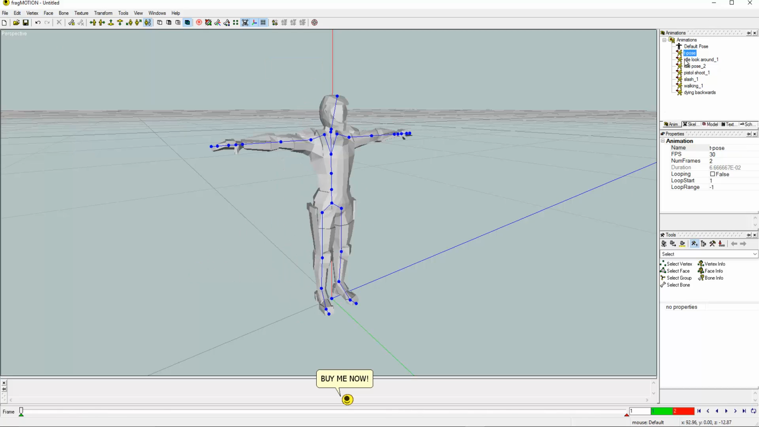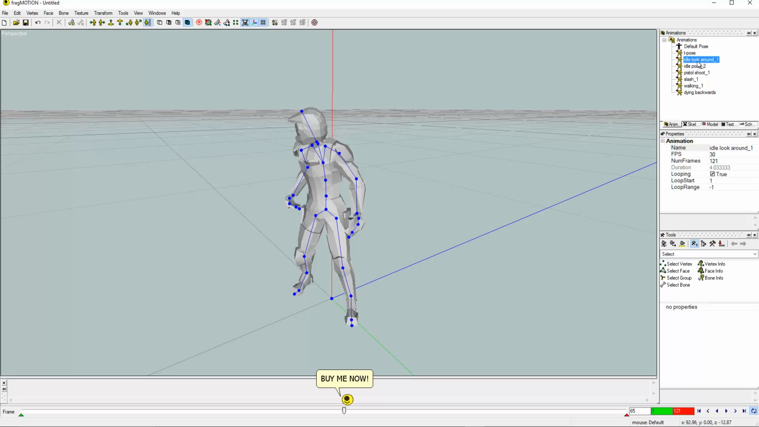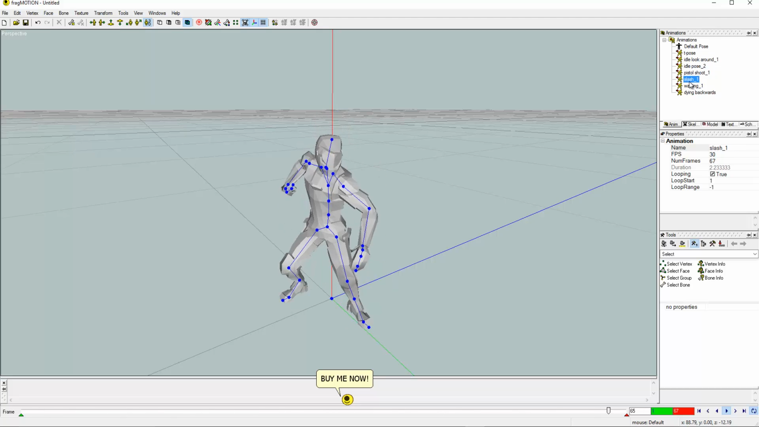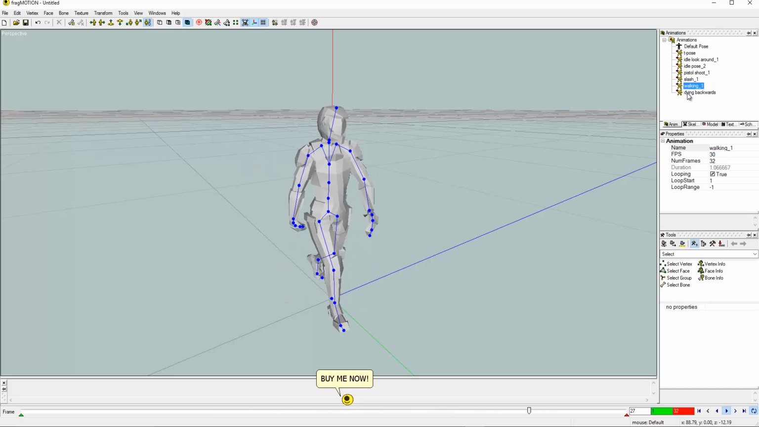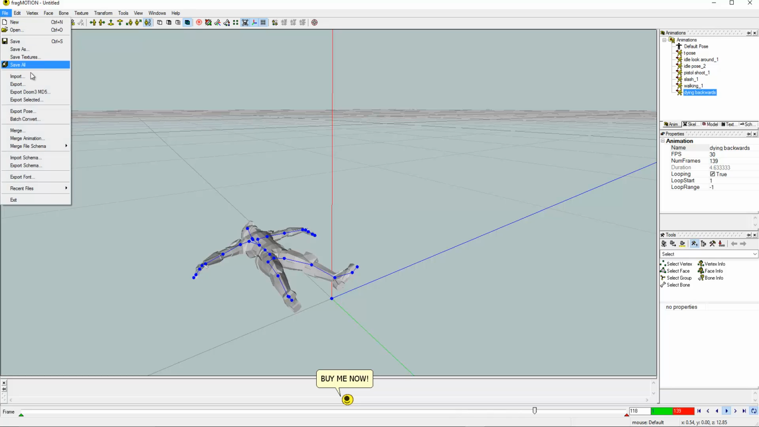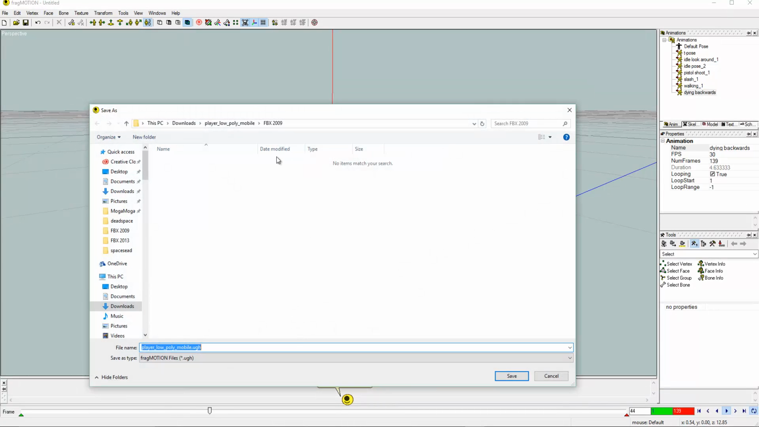We have our T-pose. We have our idle look around pose. We're going to play that. And then we have our idle pose, pistol shoot, slash pose, walking, and dying backwards. Now what we're going to do is, of course, save this, save as,